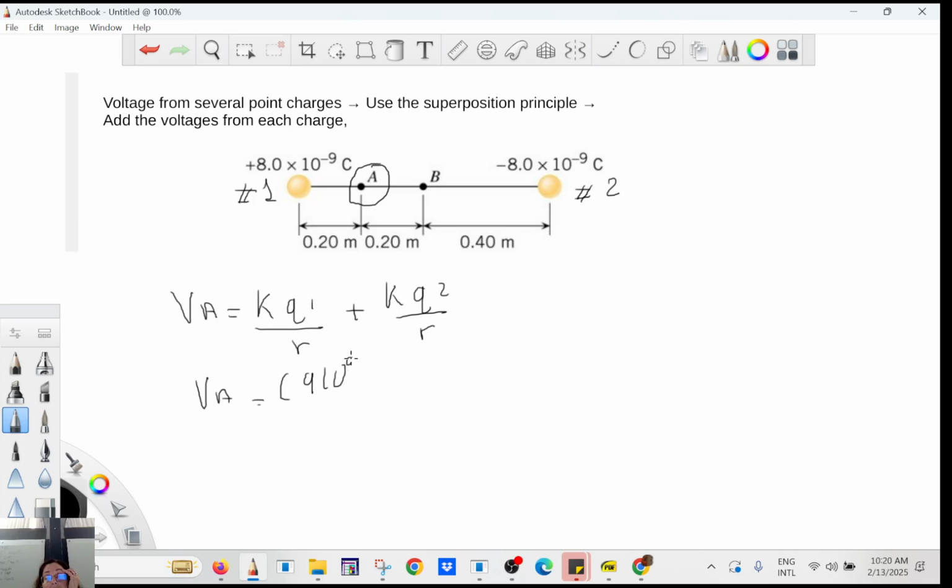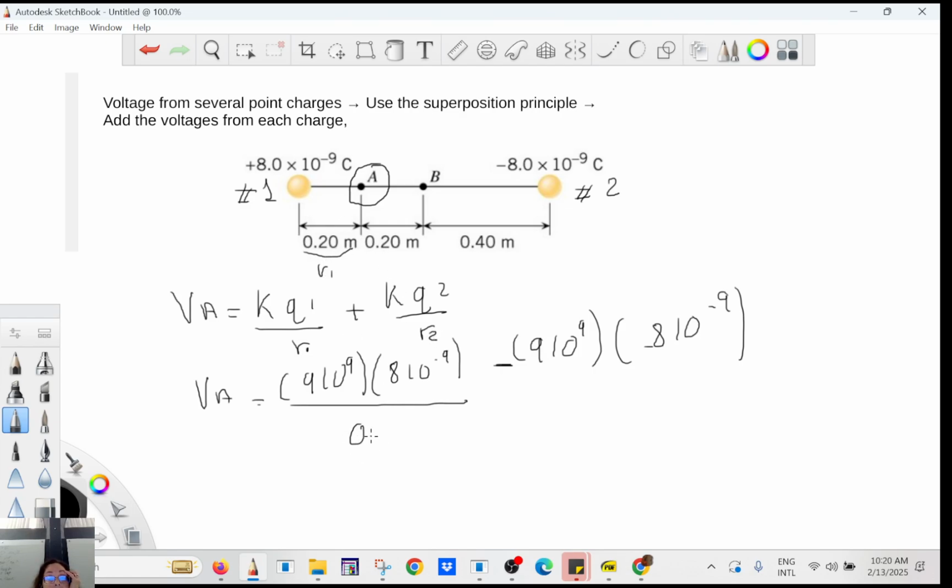And then here you have 9 times 10 to the 9 times, this is positive, so 8 times 10 to the negative 9. But this is negative, so you have to be careful not to add. Q2 is negative 8 times 10 to the negative 9, and I forgot the distance. So that will be R1, and this is R2. This is R1, 0.6 meters. Here, it's going to be 0.6, right? So this is R1, and this is R2. So what do you get? Well, you just add the scalars, right? It's called the superposition principle, and you get,